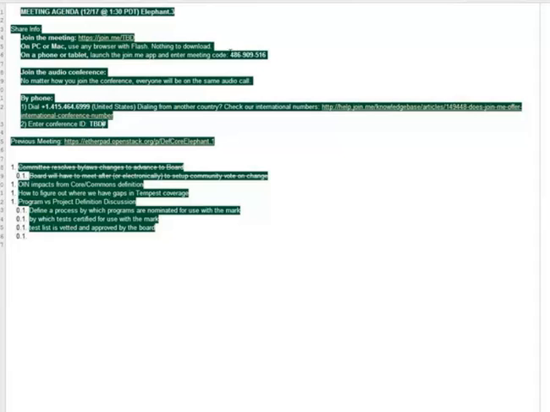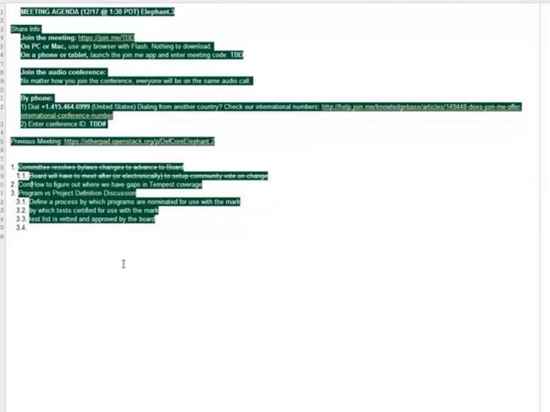Correct. Projects have teams. Programs do not have teams. They have projects. Correct. There is also a process for applying as a new program, and a process that projects can apply for to become integrated.